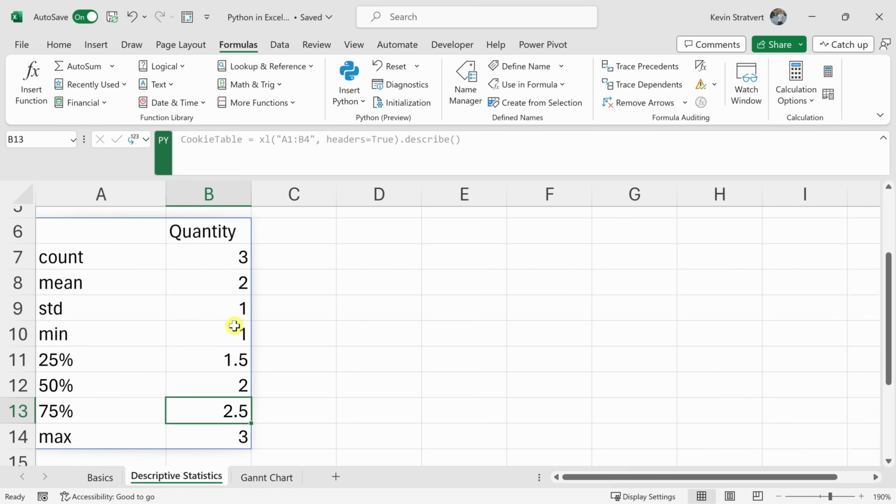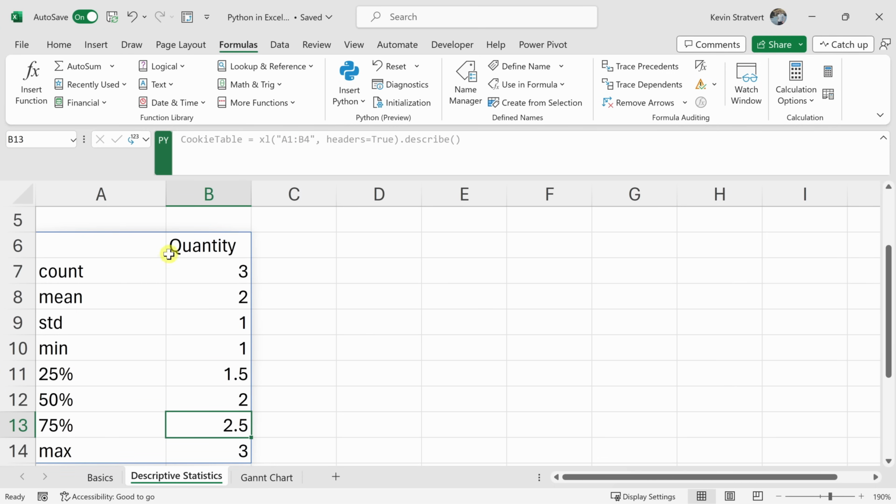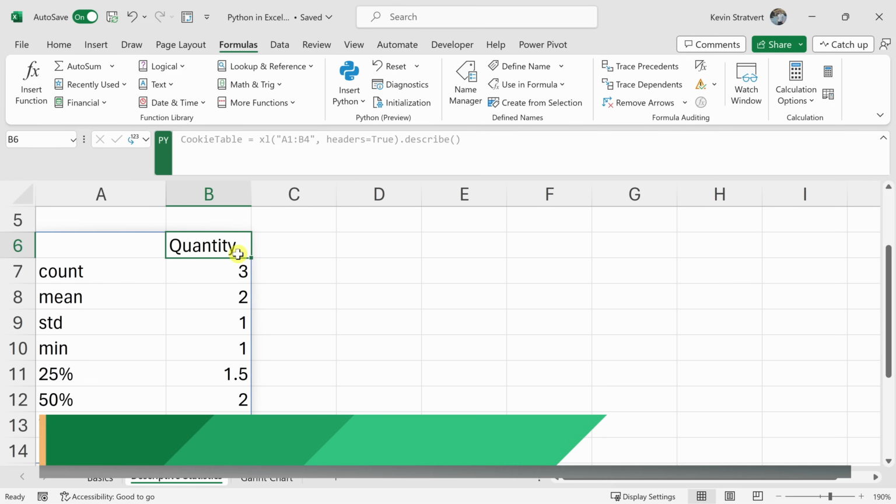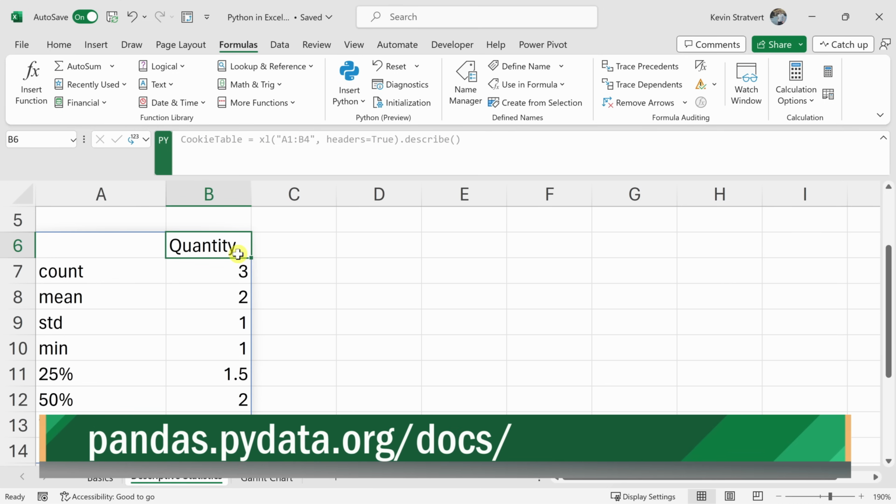Now, imagine trying to calculate all of this directly in Excel. You'd have to use different formulas and functions to get all of these different results. But with Python and with Pandas and this method, we can get this entire output very easily. To see all of the different methods available within Pandas, you can click on the link down below. And all of the other libraries also have methods available that can do all sorts of fancy different analysis and